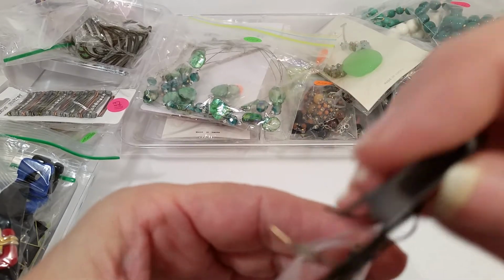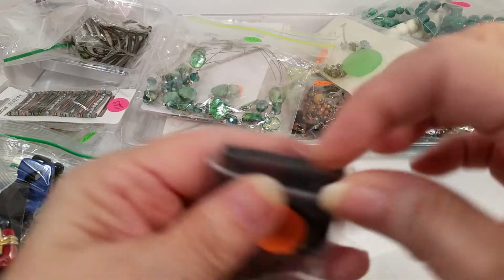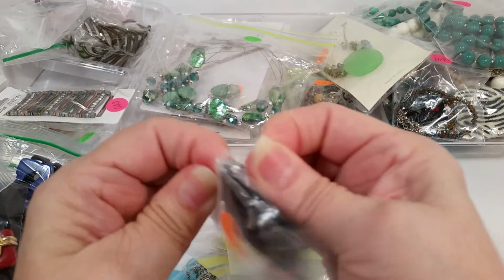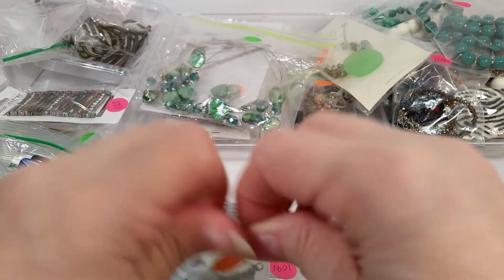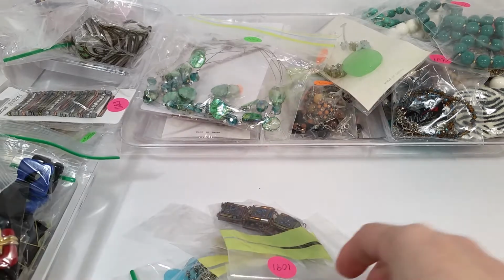But Carol has always had the luck of finding some good stuff, and I thoroughly enjoyed all of her pop-ups. So